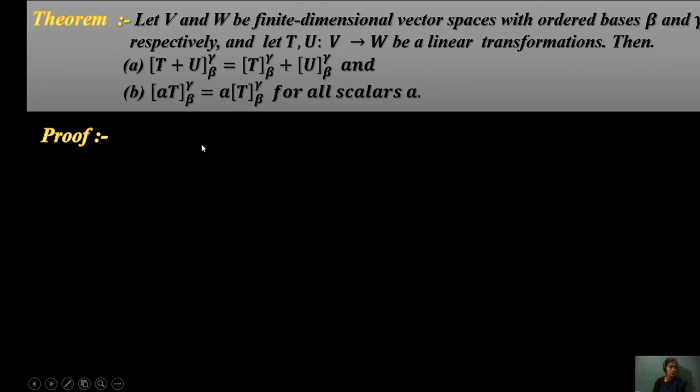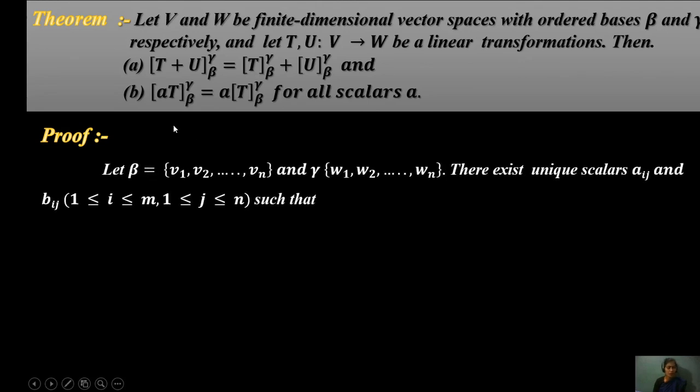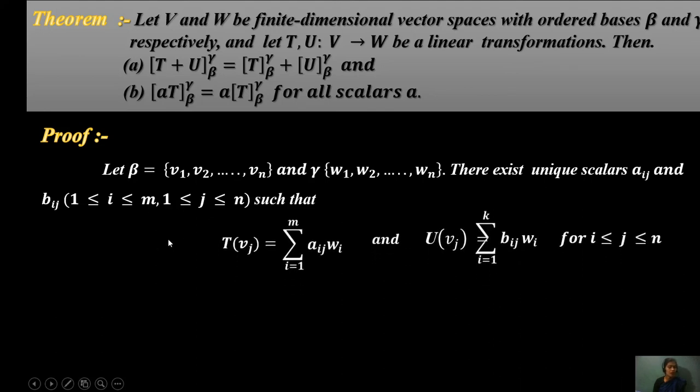Then the proof of this condition, generated to the form in a basis of the form. Let β equal v1, v2, ..., vn and γ considered as w1, w2, ..., wm. Beta and gamma are generated. There exist unique scalars aij and bij, considered as 1 ≤ i ≤ m, will be considering. Okay, the same as two parts of j, 1 to n, such that the two parts will be generating to the value, that is considered T(vj) equals the summation over i equals 1 to m,